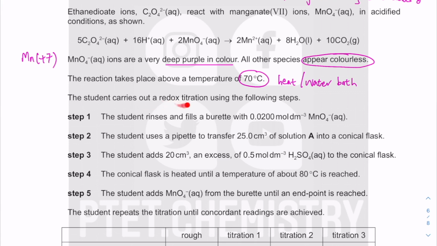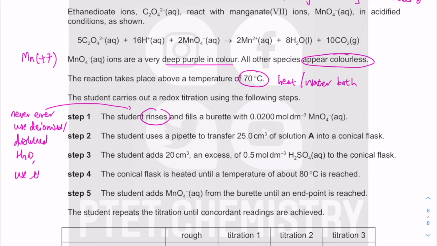Now you do a redox titration using the following steps. You have to rinse and fill a burette. And remember that when you fill a burette and when you do rinsing, you never ever use water. Never ever use deionized or distilled water. You have to rinse the burette